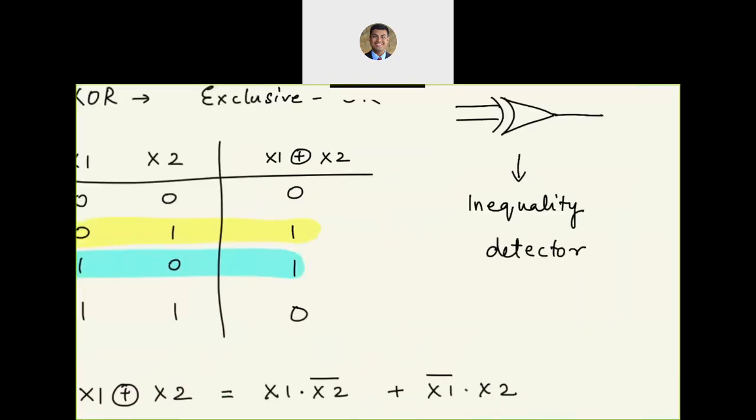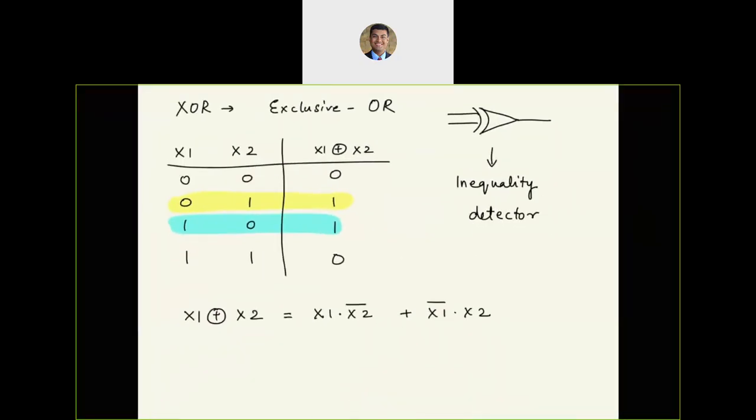That's exclusive OR. Now let's try to write a logic expression for exclusive OR. It turns out it is not as simple as what we have been writing for the other gates so far. Notice where the ones are in the output column. I have ones at two different locations. Let's call this x1, this x2, and this Y. The output Y is 1 when x1 is 0 and x2 is 1,